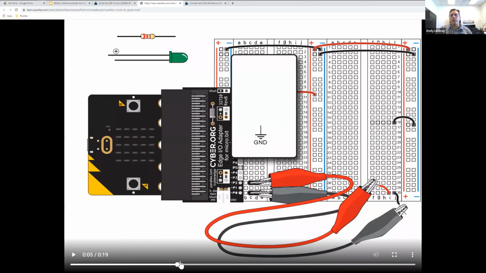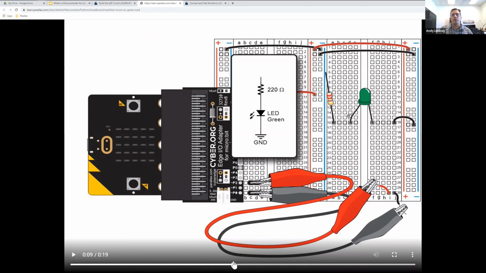And then we go through, and next up is the light emitting diode with the longer pin on the left. And its shorter pin has to be in the same row with that black wire that's connecting to the ground bus, which starts over here, goes to here, and then jumps one more. So all these blue columns are ground, 0 volts, the battery's negative terminal, however you want to think about it. Then the last item is in 2 parts. First part is we plug in one end of the resistor. That's what these